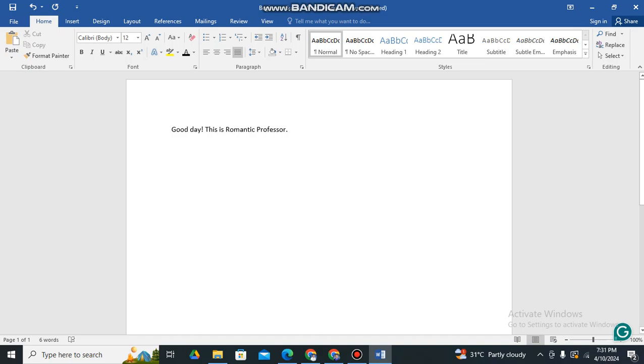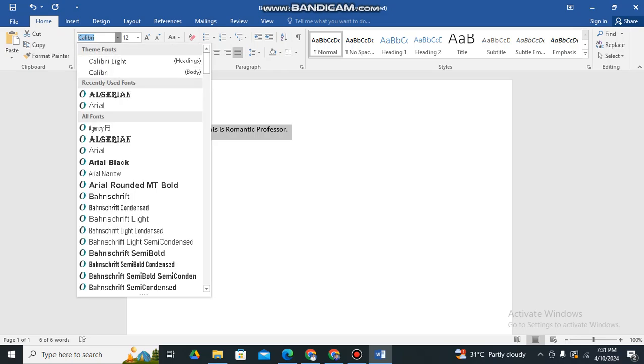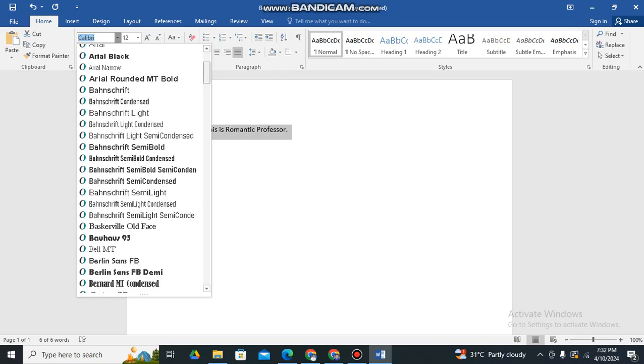So first, in order for us to change the font style, we need to highlight the text that we want to change the font style. So let's say, for example, we want to change the font style of all the text here. You need to highlight it first, and then after that, go to the Home tab here, and then go under the font category or the font group, and choose this. We can pick a new font for our text. So let's say here we have different options to use.